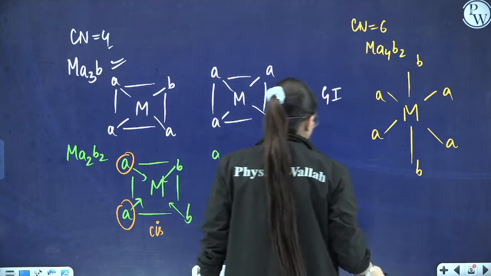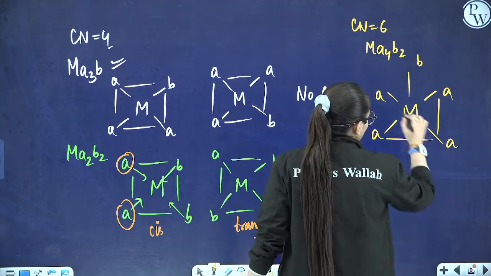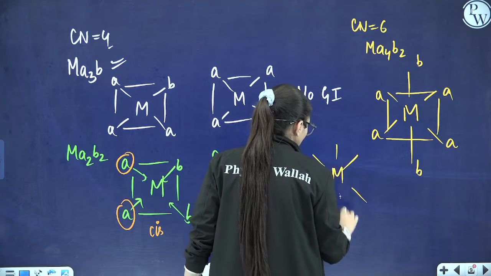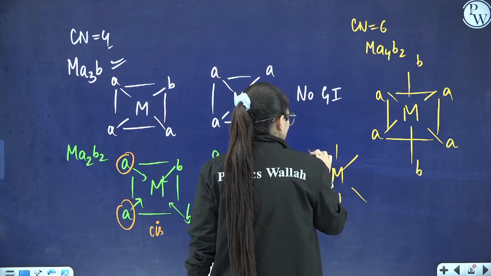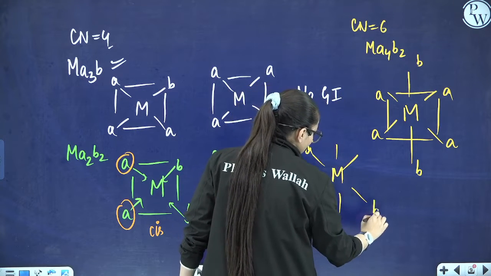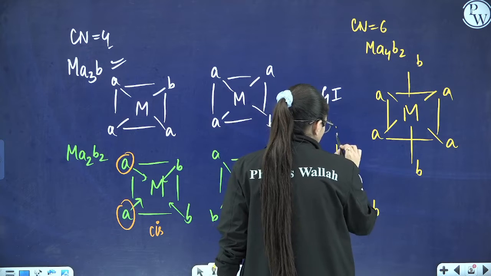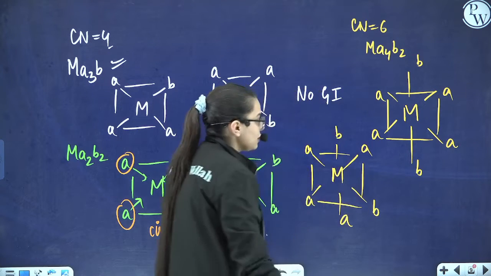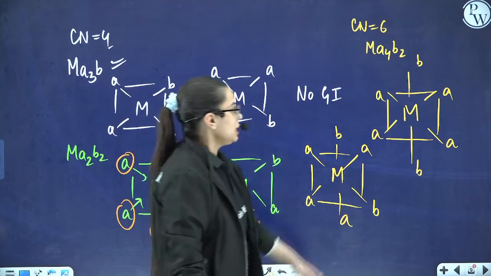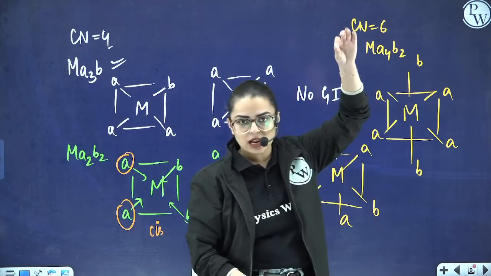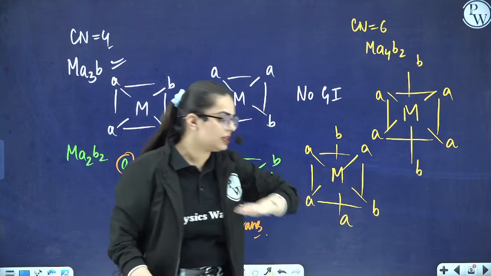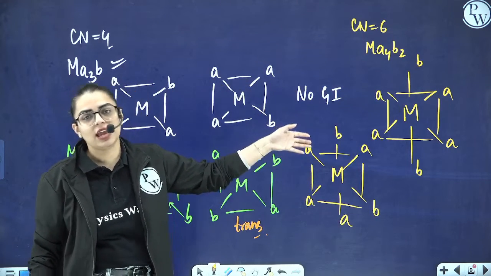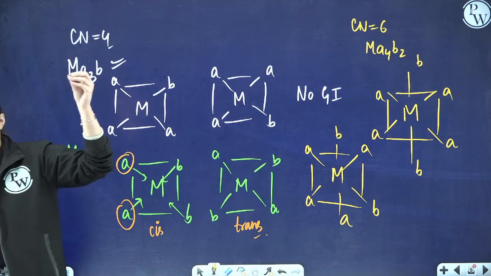Also we can obtain more structures. This is the central metal atom like this. Here we write AA, and now I am taking 1 B over here and 1 B over here, and AA. Are they similar? No, ma'am, they are different structures. Initially, B was present upside as well as downward. Now here one B is upside and one B is in plane. So these are again different structures, and we can say that they are geometrical isomers of each other.